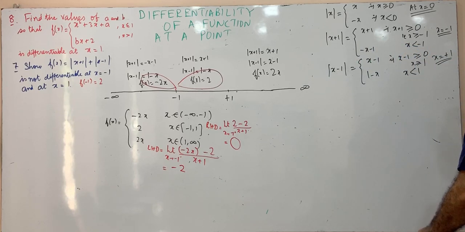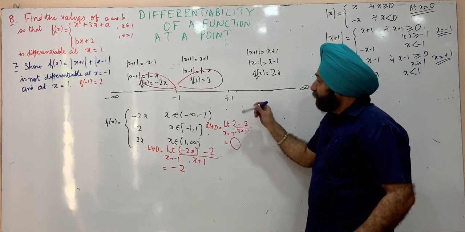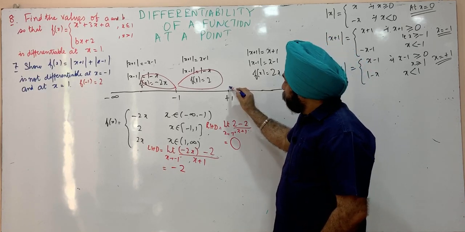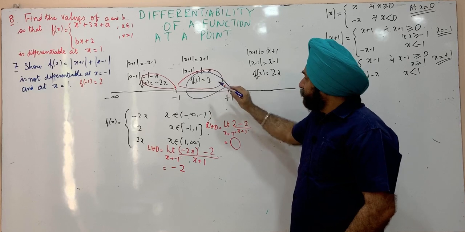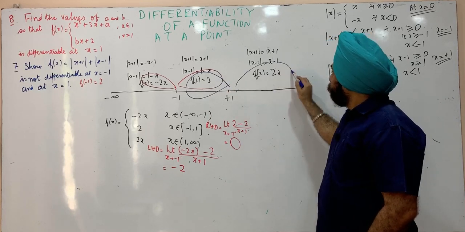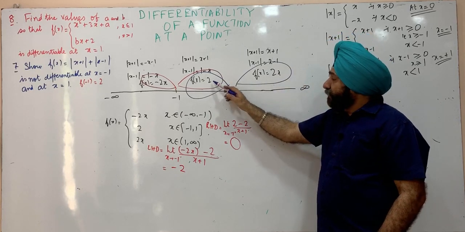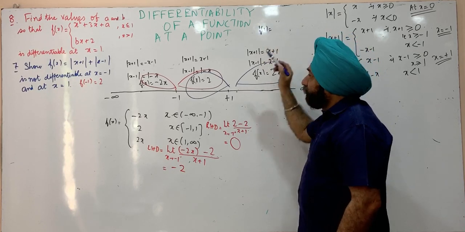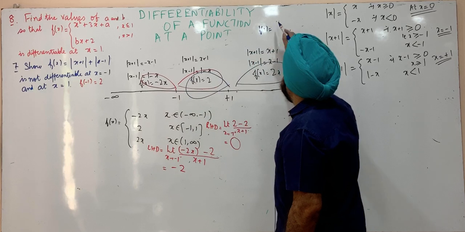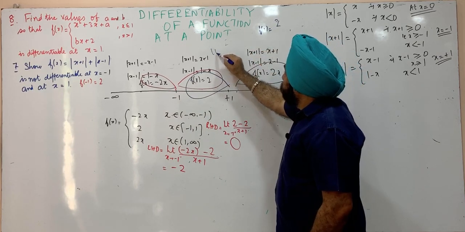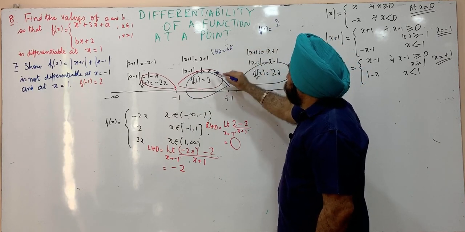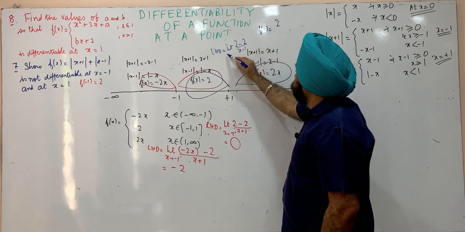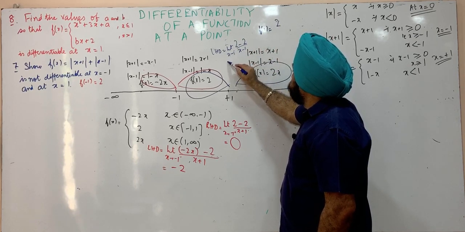Similarly, for x is equal to plus 1, now we have to check differentiability. Plus 1, to the left of plus 1 we have this as the function, and to the right it's 2x. So this will give us left hand derivative. We need f of 1 first. F of 1 is 2. Now find out left hand derivative. It's limit of the function minus f of 1, that is 2, upon x minus 1 as x approaches 1 minus.